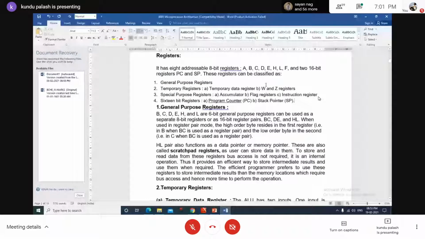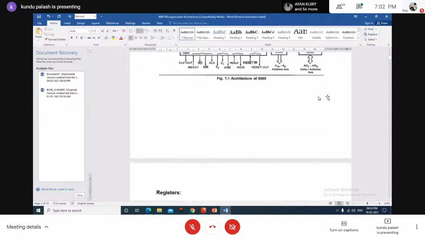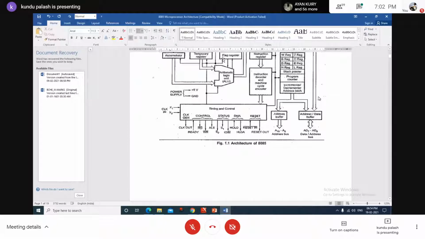Among the special purpose registers, the accumulator, flag register, and instruction register are the main things. So this is the accumulator, the special register, because the arithmetic logic unit is not a register, but a sequential logic circuit which takes the two inputs, that is